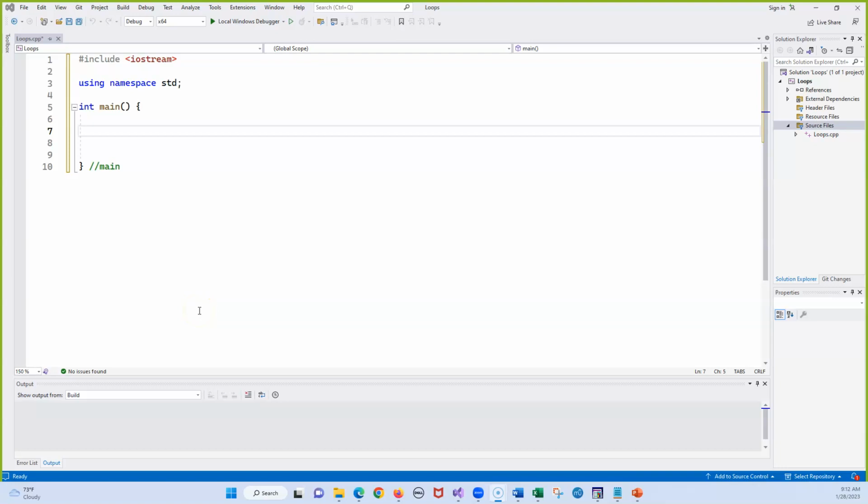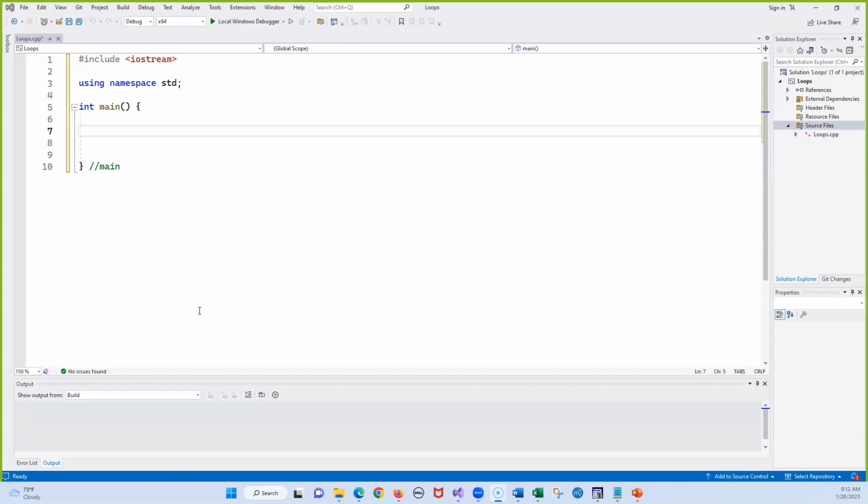In this video, we're going to talk about the different loops, which are nothing more than repetition, cycles. There's a while loop, a do while loop, and a for loop. Each one has its pluses and minuses. So we're going to do a simple while loop right now just to print out the numbers from, say, 1